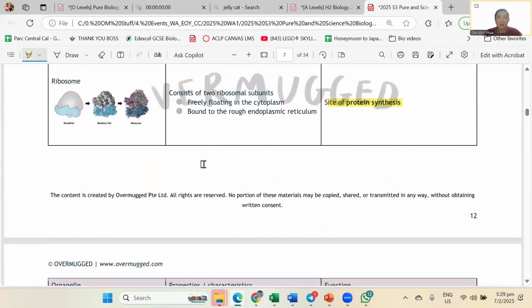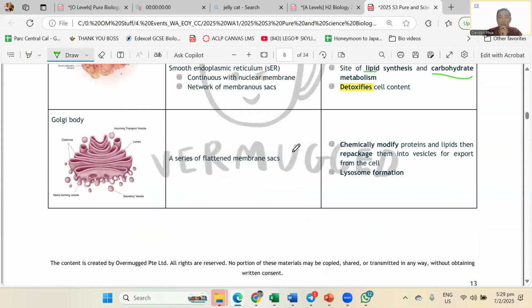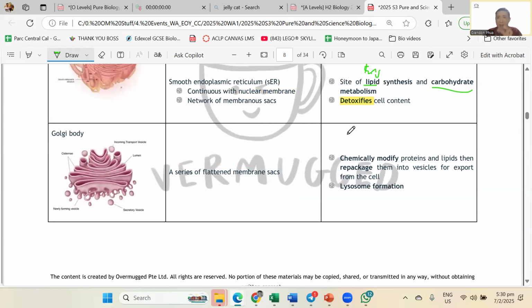Okay, back to the part of marketing. After I market my material, I need to change the advertisement, right? For my RER, what happens to my advertisement, which is the protein over here? It will be sent to the next organelle, which you all know is the Golgi body. Just as I say, we have to modify the marketing material. The Golgi's only job is to do what? Modify the protein. Hey, this guy's story is starting to make sense. Of course it is. So the Golgi's job is to modify the protein from my RER, just like the Taylor Swift concert.